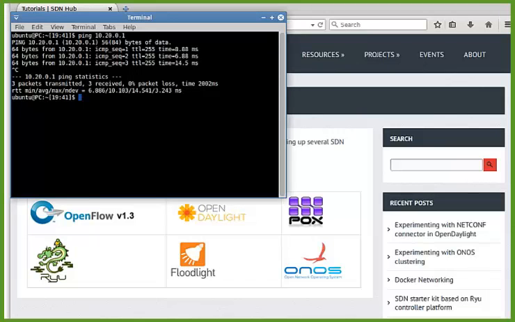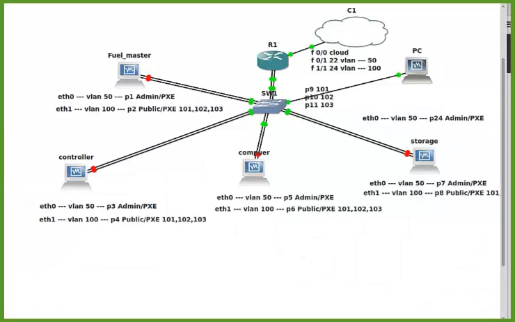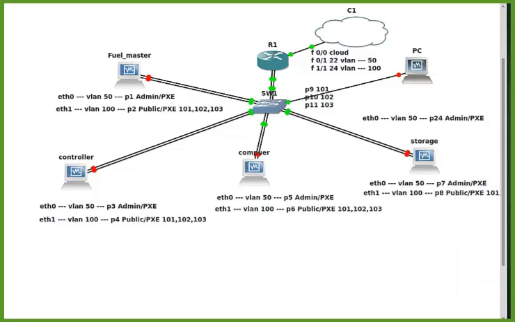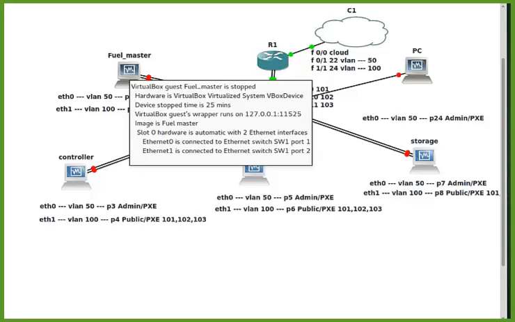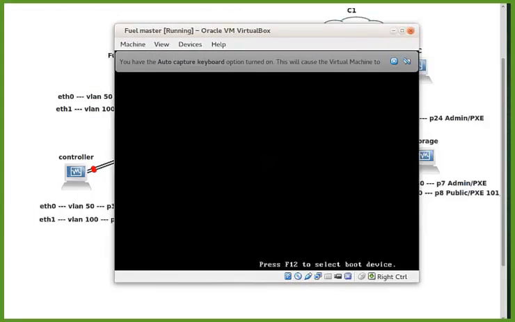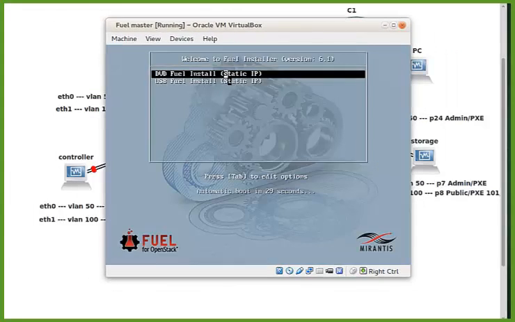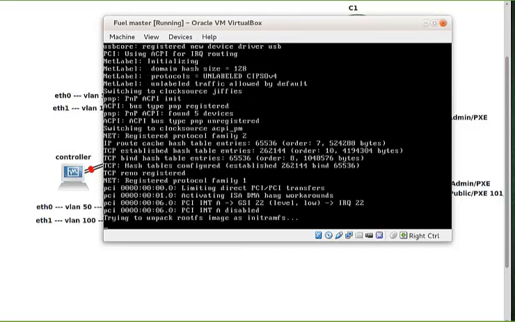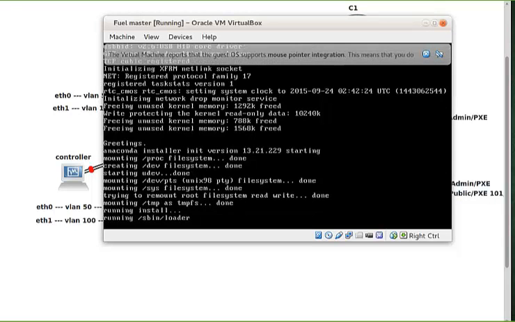We'll just go back here to the VirtualBox, to the GNS3, and power off this particular box, because currently we really don't need it. And now we switch our focus to the Fuel Master here. So we'll go ahead and boot this particular box as well. I will just go ahead and hit enter to proceed with installation. It's basically just running some scripts here which will help us to set up the Fuel